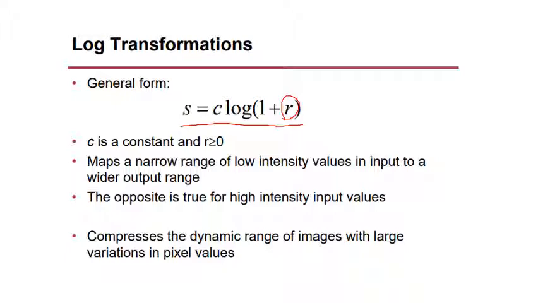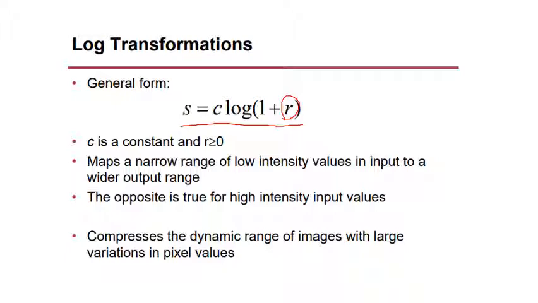Now, if you go back to that curve where I showed the negative, the log transform, the anti-log curve, etc. If you see the log curve, it shows that this transformation maps a narrow range of low intensity values in the input to a wider range of output levels. So it is basically trying to stretch it, making it a wide range of output levels. For example, if you think of input levels in the range 0 to L by 4, if you go back to that slide where I have shown the figure of how the various curves look.